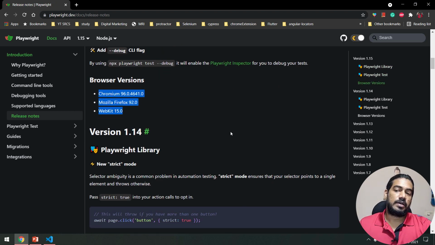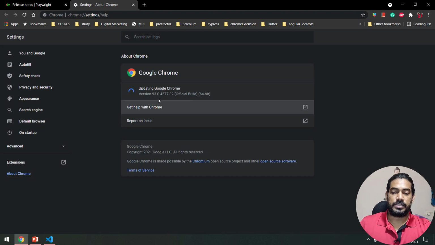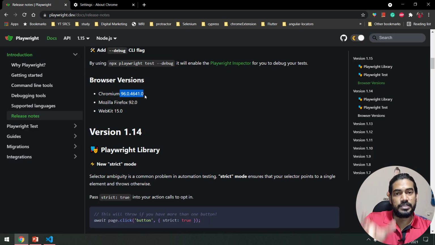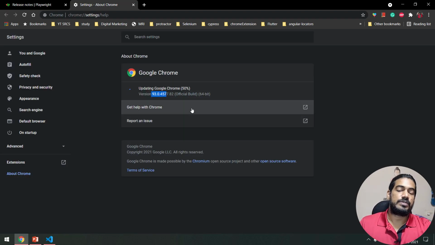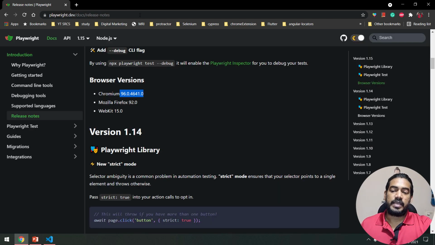That means based on this engine, there will be a new update from Chrome. So for example, this is the Chrome browser. If I go to Help, About Google Chrome, you can see that we are using version 93. Maybe after the update it will be 94, but already there is a 96 version, that is Chromium. So based on the Chromium engine, all the browsers are getting built. That is what we will use here. That means we are already testing the future release. That is really awesome.